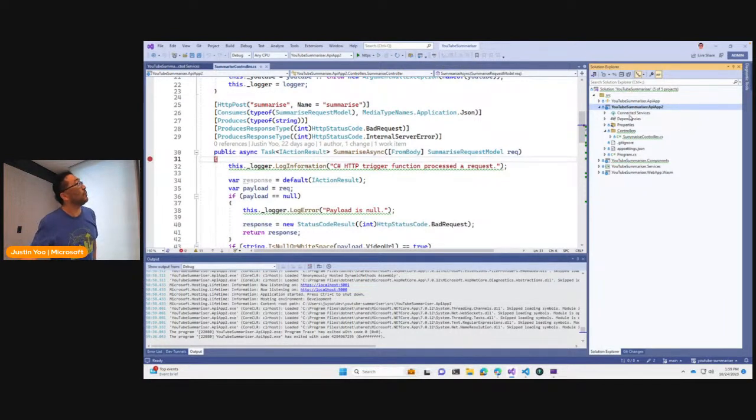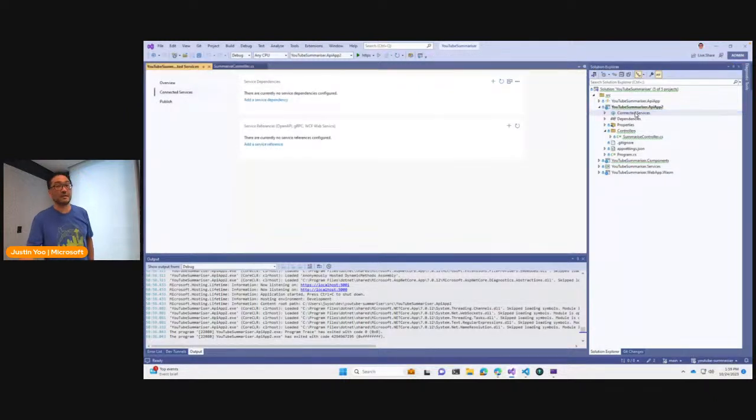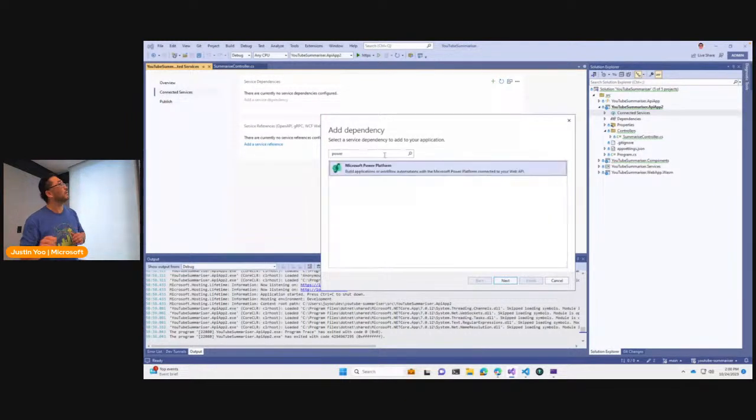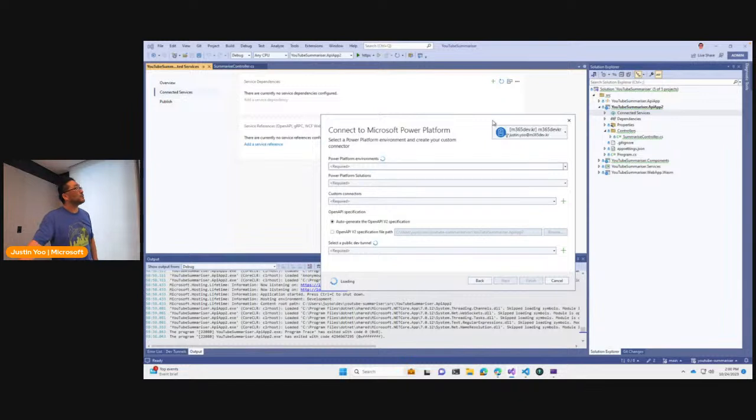If you open the API, there is something called connected service here, then we can add service dependency. Then there is a Power Platform custom connector dependencies. If I choose this and click on next button,